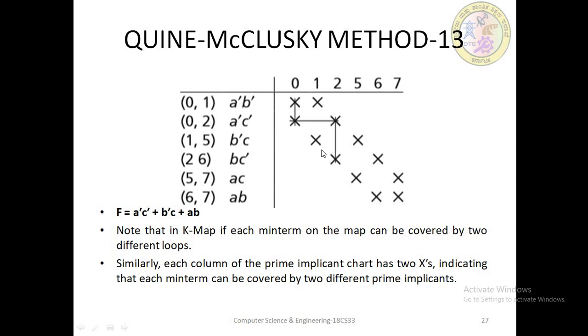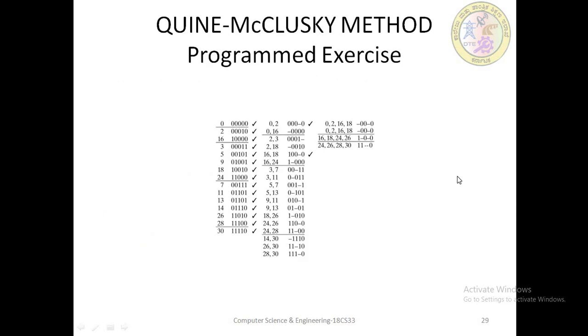It will eliminate only the three combinations of input 1, 2, and 3. Why have they considered the second one? It will eliminate four combinations. That means whichever expression eliminates more input combinations should be considered first. So that's the reason they have considered AC dash, and this one can be covered here, right? BC, and by this even this will also be covered. And the same thing can be covered by using AB also, so that it will cover this and this. This is how it can be done.